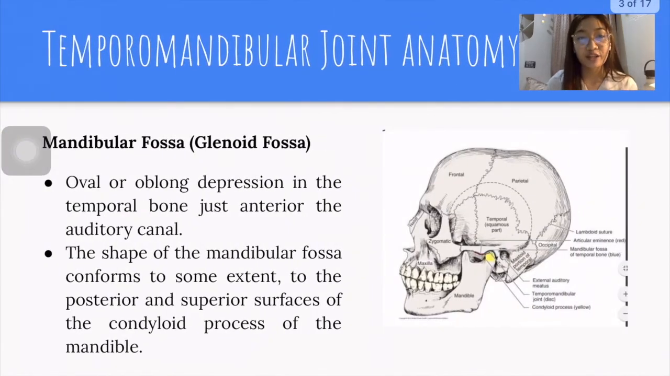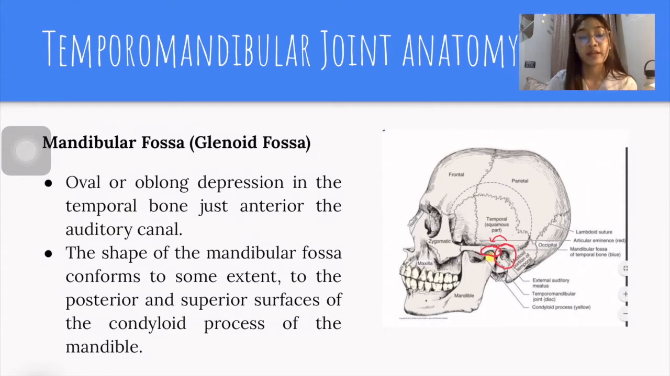And for us to better understand, let's take a look at its anatomy, or what composes the TMJ. First, we have the mandibular fossa. From the word fossa, we can tell that it is a depression. So it is an oval or oblong depression in the temporal bone. It is positioned just anterior to the auditory canal. Here, we can see the auditory canal, and anterior to it is the mandibular fossa. To some extent, the shape of the mandibular fossa conforms to the posterior and superior surfaces of the condyloid process